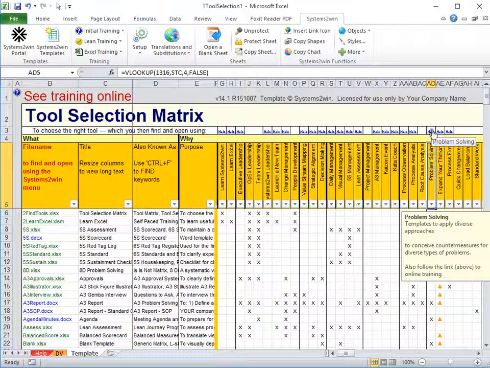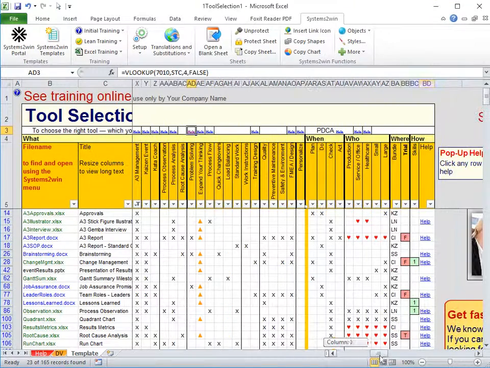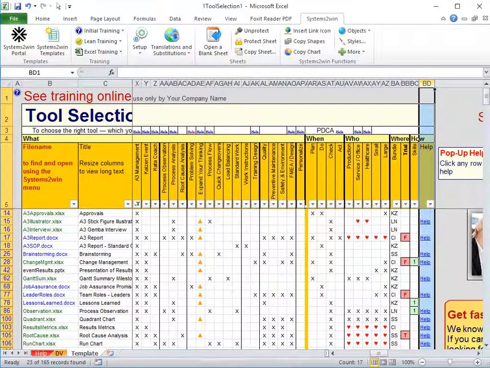And notice that in the row above each header, there are links to online training and help for each of these topics, where you can learn a lot more about each of these popular methods for process improvement. And if we scroll over, we see that there are also links to online training and help pages for each template. That's really helpful.